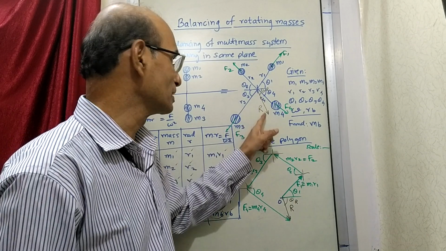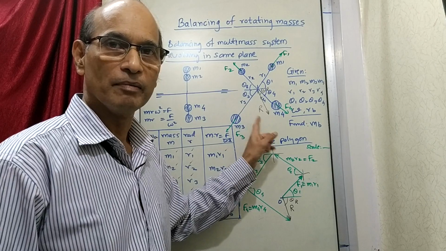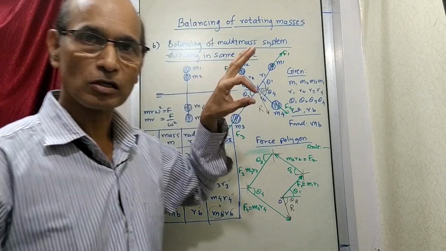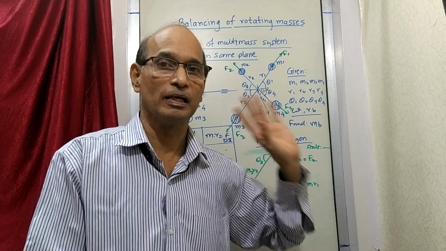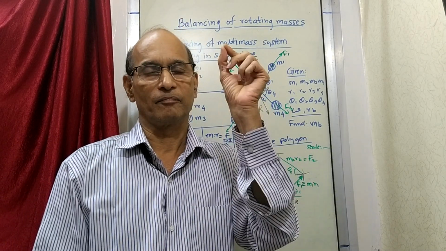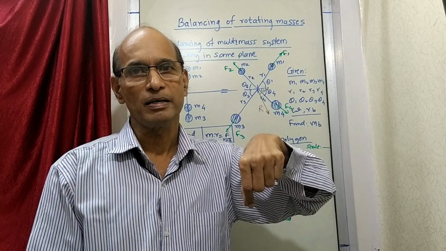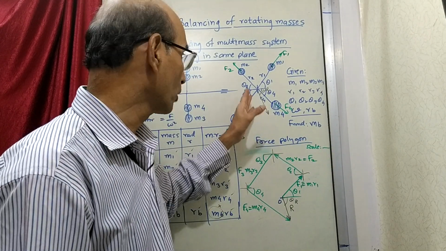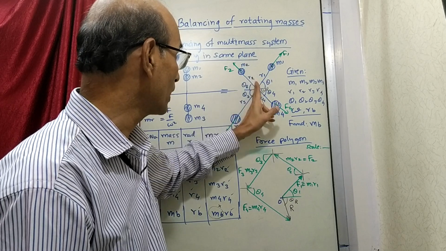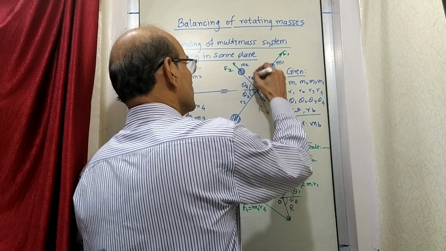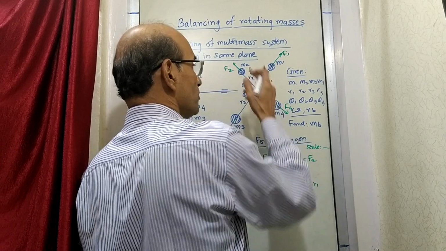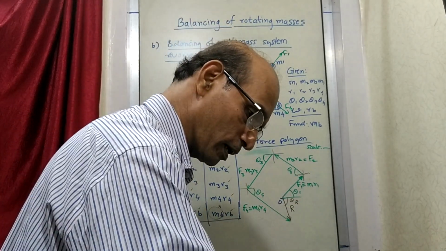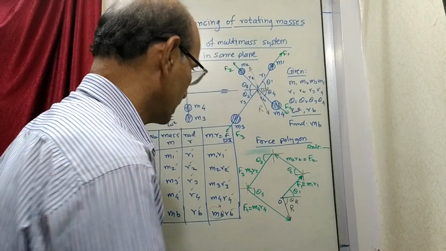Now when one force is acting, what happens? This problem becomes the earlier problem. In the earlier case, there was only one force acting, and that force we balanced by another force MP. So now, if this is what is acting, then for balancing this force, you require a force acting in this direction, so that this will be balanced. Simple. So now what we do is, we are going to show here a vector.